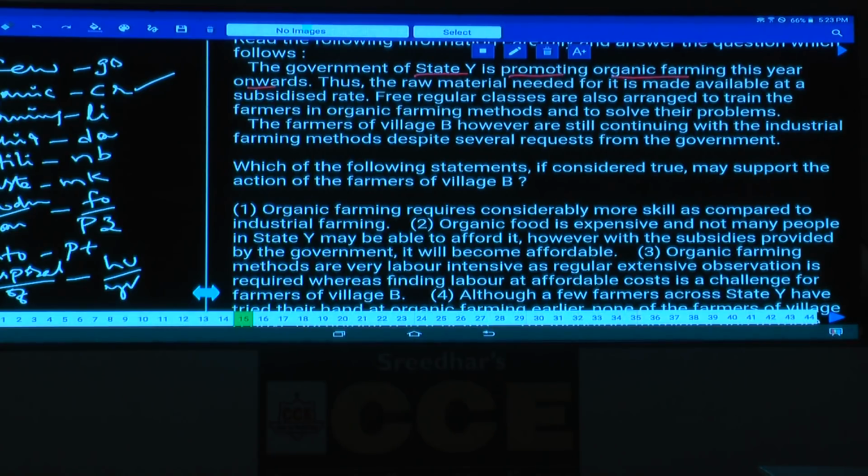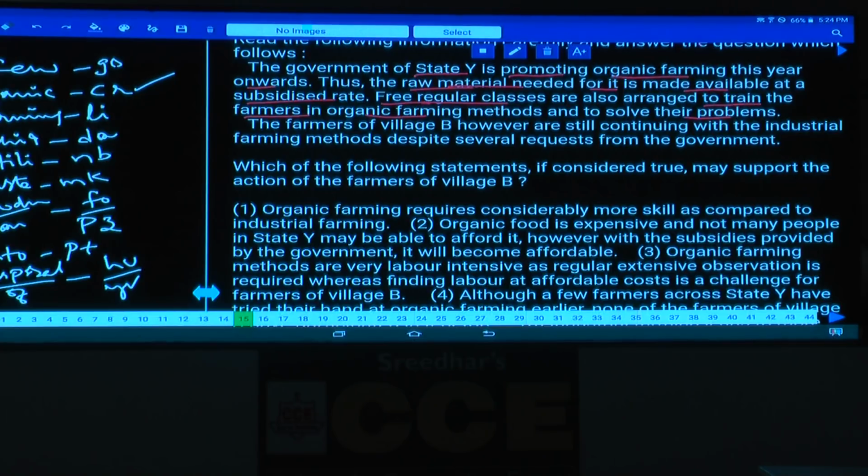Thus, all the raw material needed for it is made available at a subsidized rate. The inputs were kept at a subsidized rate. Free regular classes are also arranged to train the farmers in organic farming methods to solve their problems, isn't it? Now this government has decided to promote organic farming from this year onwards. For that, all the requirements were made at a subsidized rate, and the training is also provided